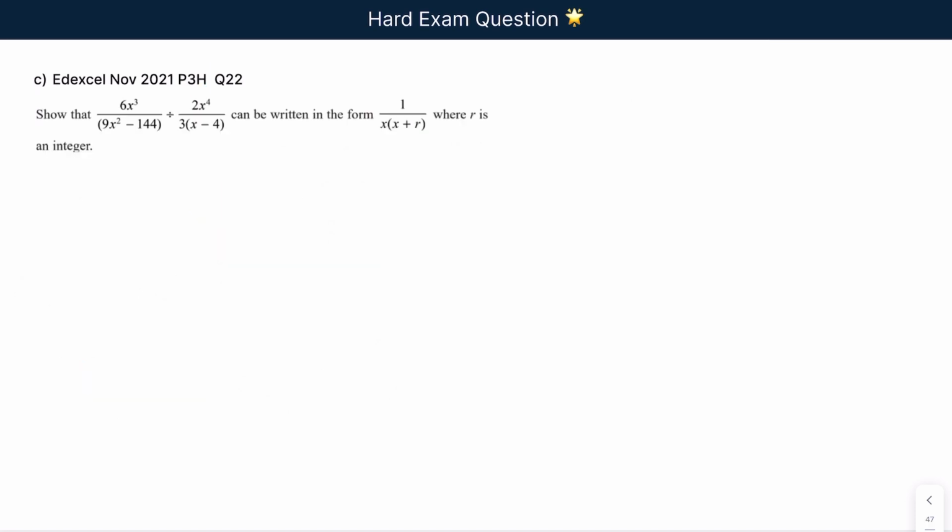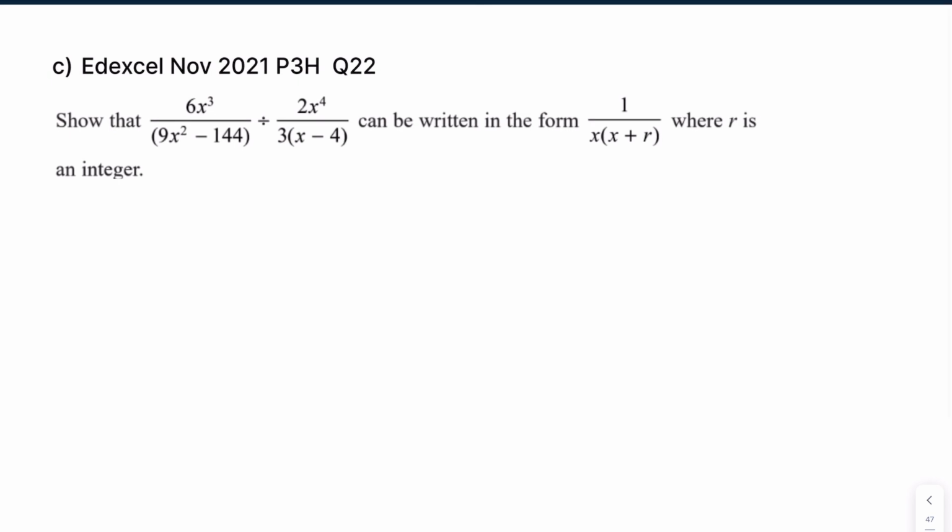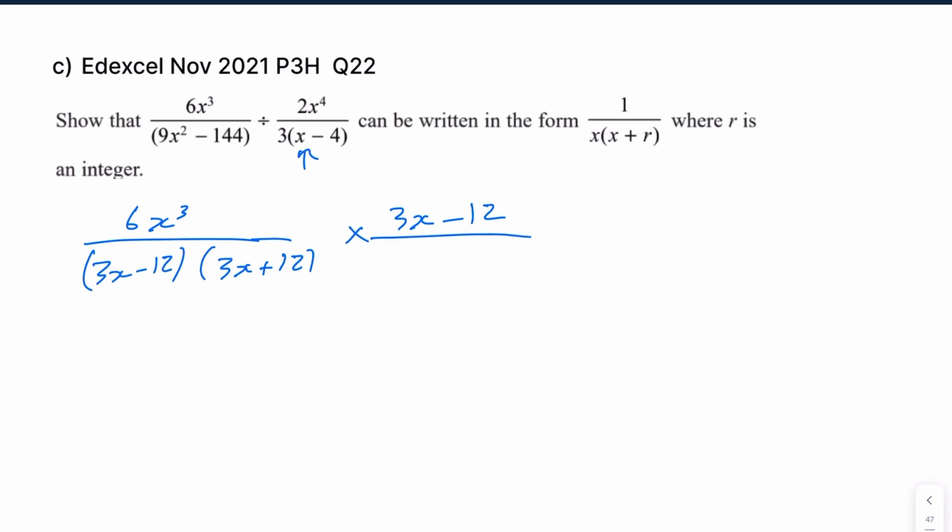And moving on. So with this one, I straight away can notice the difference of 2 squares. So 6x cubed all over 3x minus 12 and 3x plus 12. And the KCF method, so flip that. And I can multiply this out, and you'll see why, because I've just spotted it cancels out. So if I multiply that out, I end up with that, and that, and that cancel out, which leaves me with 6x cubed